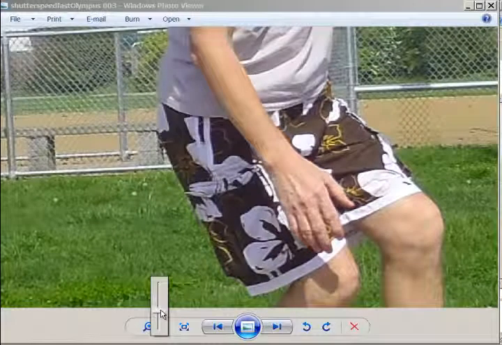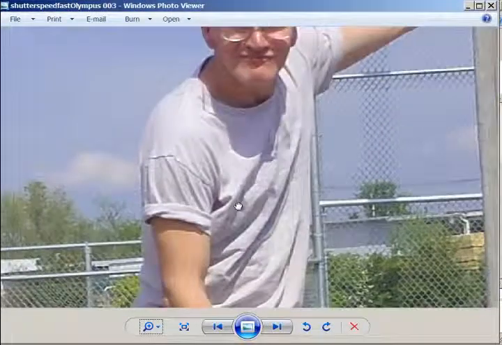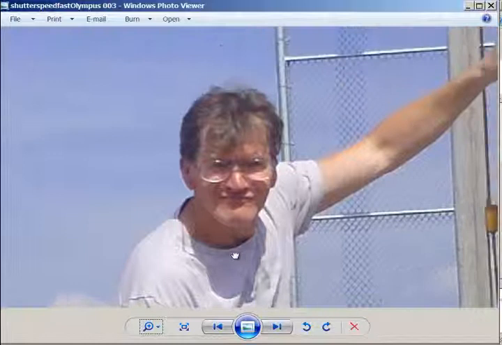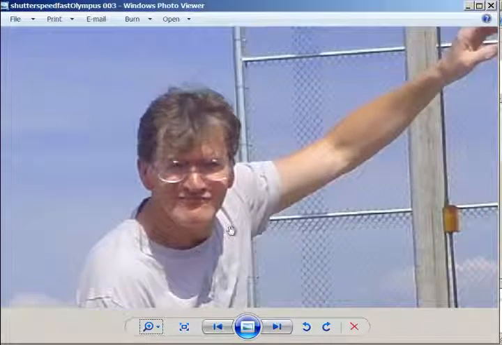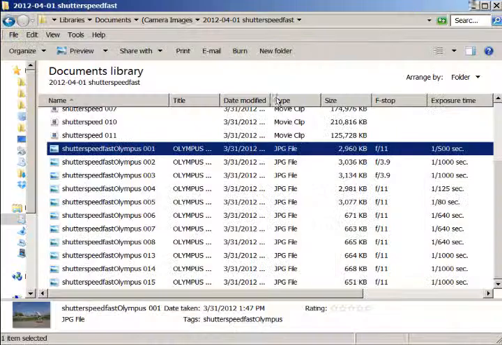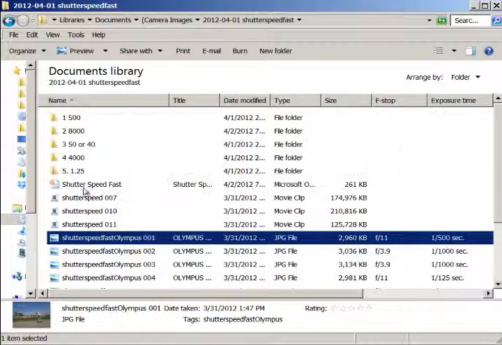So you could see, not too bad of a shot. Of course, you have to remember this is a point and shoot and not a DSLR. But for the default settings that it has, you're going to note that they're around 1,000. Let's go on in. When I was shooting, this is folder number 1, 2, 3, 4, 5, and